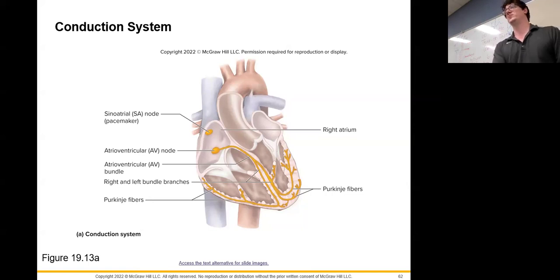If our sinoatrial node goes out and these cells stop working the way they're supposed to, or say you generate a new clump of cells that starts overriding the signals that get sent out by your sinoatrial node, we need to fix that. If you've ever heard of someone having a pacemaker installed, they are literally going to install a little electronic pacemaker on the outside of their heart, which will then help control or equalize the amount of charges that are going out across the heart because of either competing signals between these two structures, or another structure will sometimes pop up and just make its own set of signals because they're cardiac muscle cells